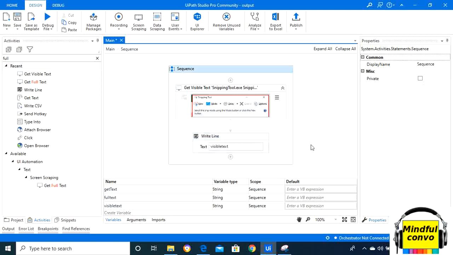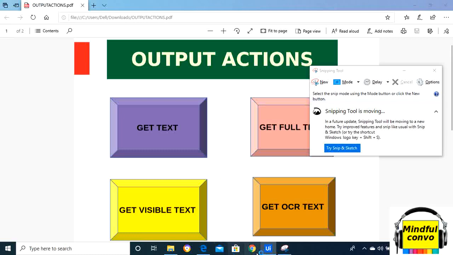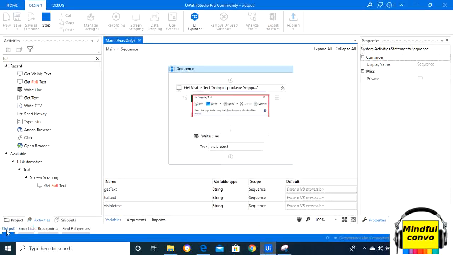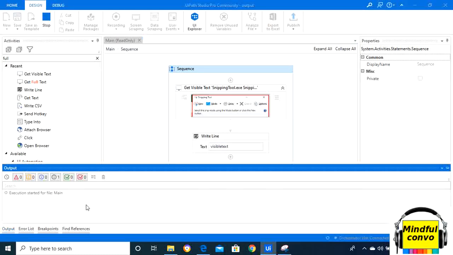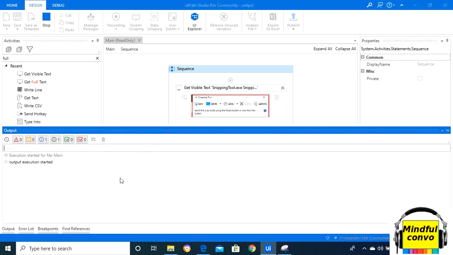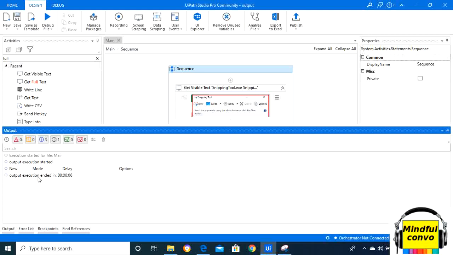So when I run the file, I will get the new mode, delay and options. Since it is disabled, it will have a blank space here.